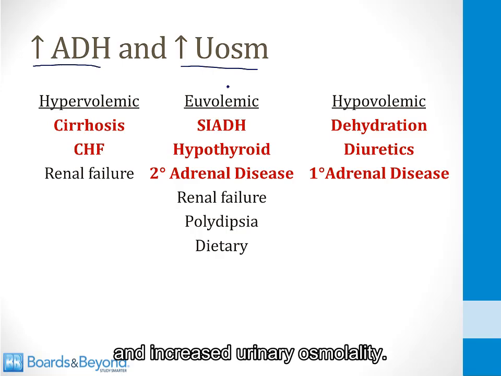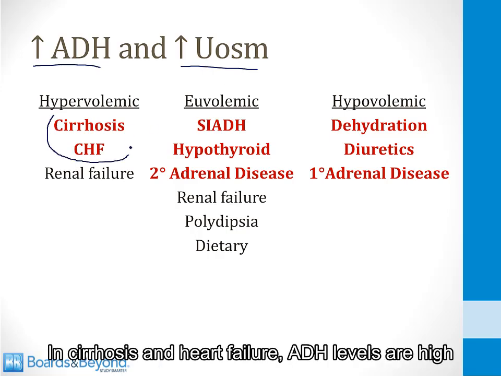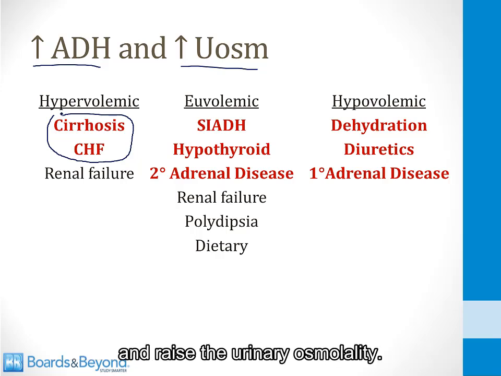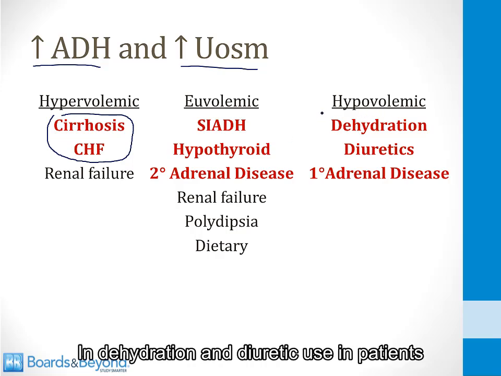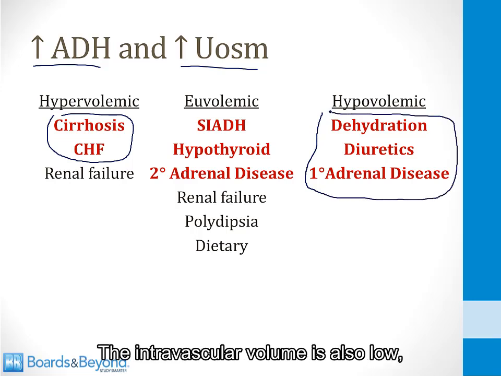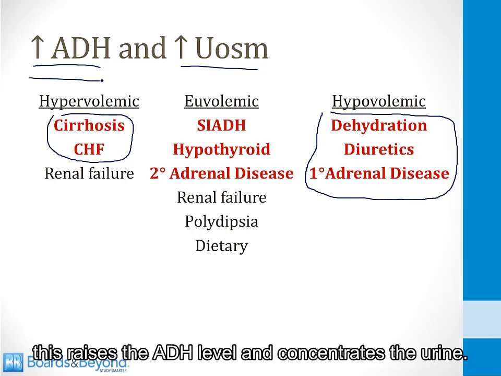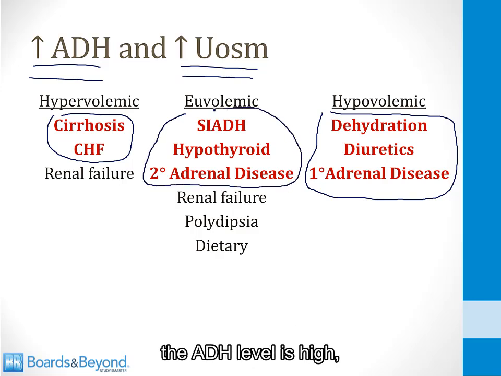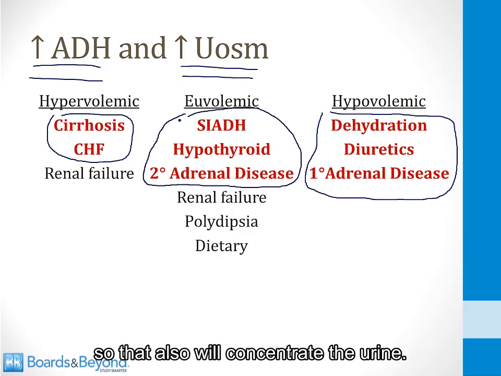and increased urinary osmolality. In cirrhosis and heart failure, ADH levels are high because of intravascular volume depletion, and this will concentrate the urine and raise the urinary osmolality. In dehydration and diuretic use in patients with primary adrenal disease, the intravascular volume is also low. This raises the ADH level and concentrates the urine. And then finally, in these causes of euvolemic hyponatremia, the ADH level is high, so that also will concentrate the